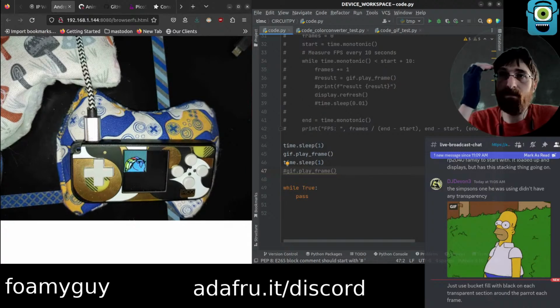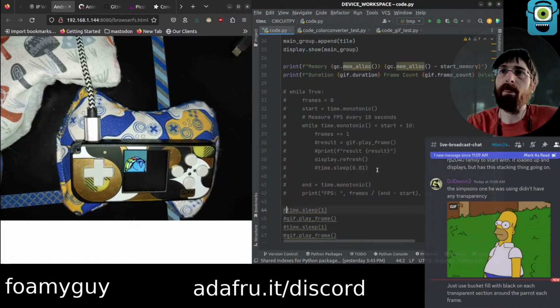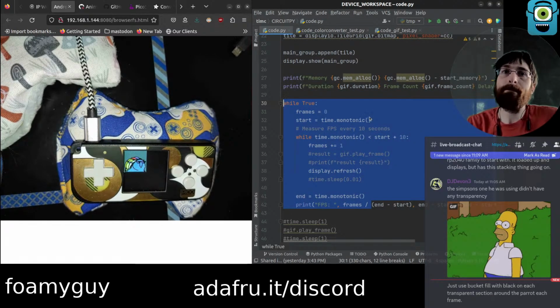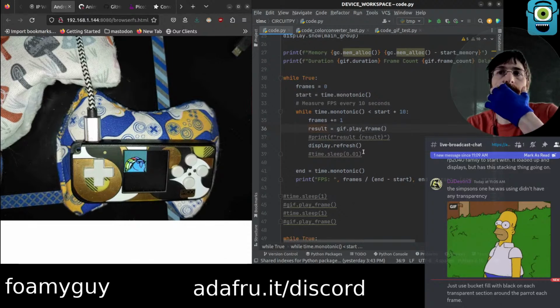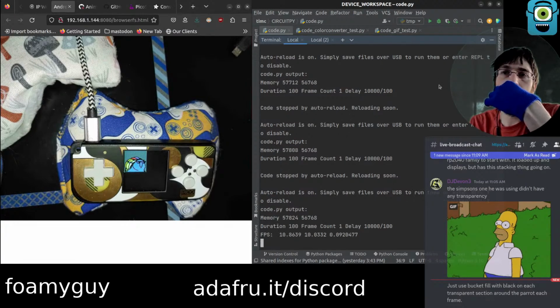Is that any different? Seems the same every time. Doesn't actually run anymore for some reason. 100 frame count.